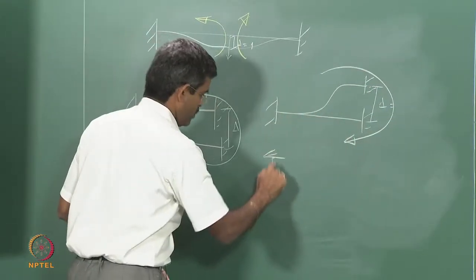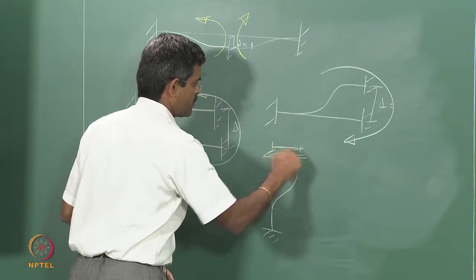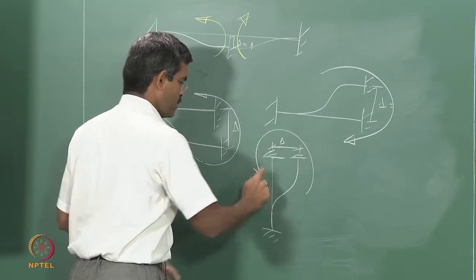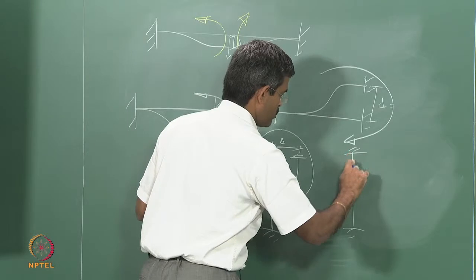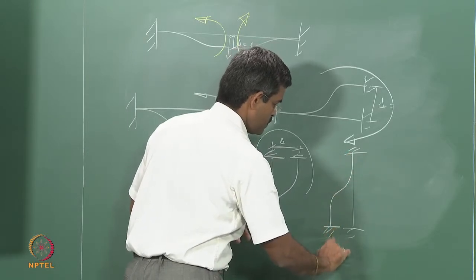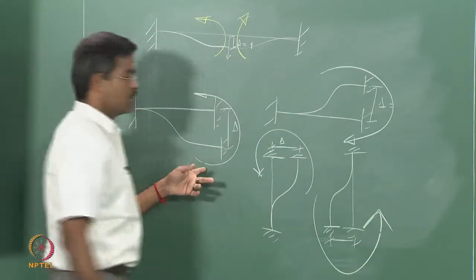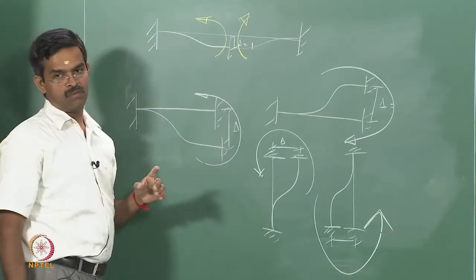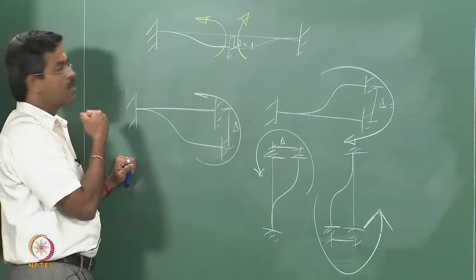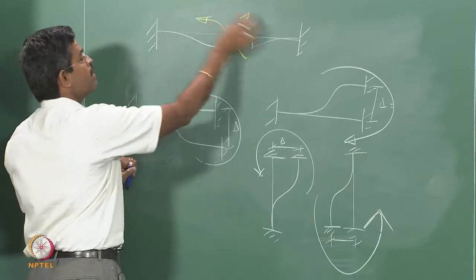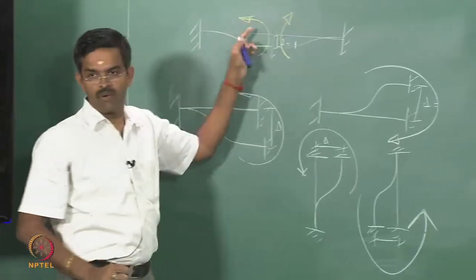Suppose you have a column which is originally like this, the column goes to the right, which is delta, you have to bring it back to normal. Suppose the column is moving to the left by delta, you have to bring it back to normal. So arrow directions are not decided by clockwise or anti-clockwise. It is all dependent on where it is settling; bring it back. Okay, so these arrows are very clear now.